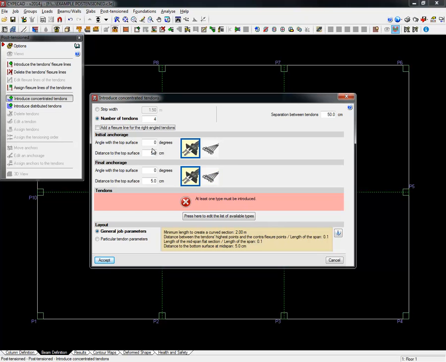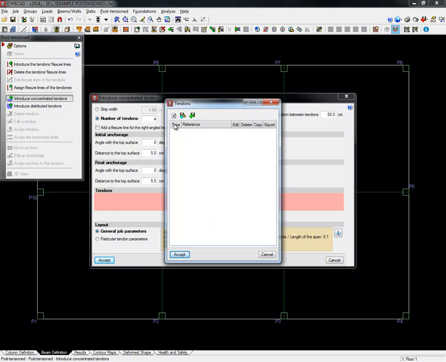In this case, we are going to do it very standard. In the initial anchorage, we are going to select the stressing one, and on the final anchorage, the dead one. And the parameters for me is fine. Now the tendons. Okay, now we are going to select the type of tendons, and for that we are going